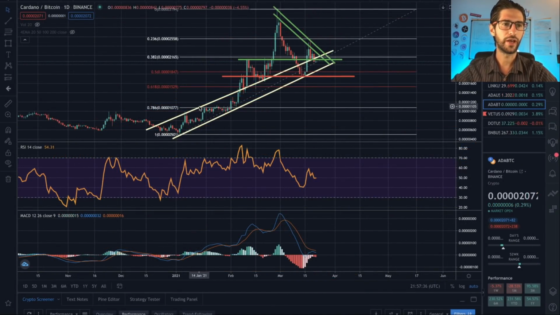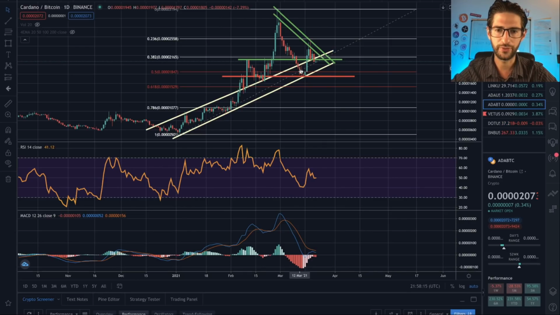In terms of ADA against Bitcoin, like I said, the Bitcoin dominance fell down, and from the end of December, ADA has been rallying a lot against Bitcoin. It has been outperforming Bitcoin a lot. We started this rally around the 26th of December, and we have been pinging against this channel. Then we broke up and started to hold this trend as support all the way up here. We had a new all-time high in relationship against Bitcoin.